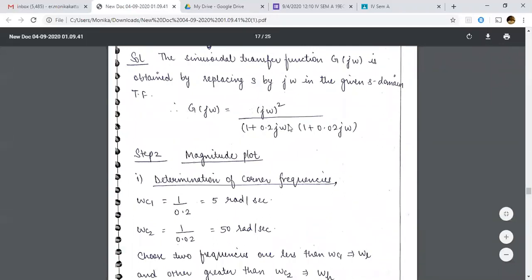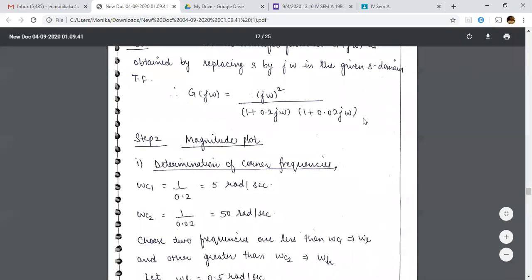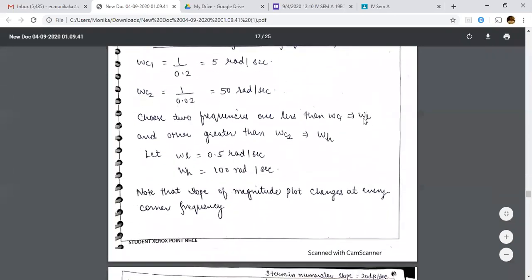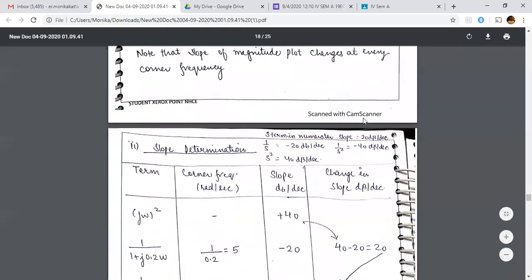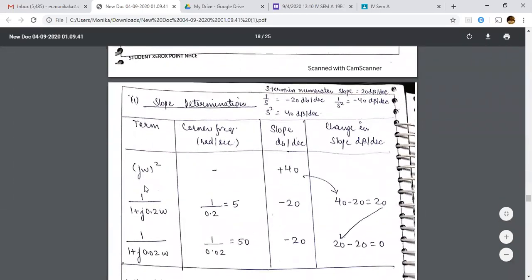You have 1 upon 1 plus 0.2 j omega, that you have written second. 1 upon 1 plus 0.02 j omega, that is your third term. So you have written each term in your table. Okay, so that is the first column of your table. Now, after writing three terms, you have to write the corner frequencies for, remember, corner frequency is only for first